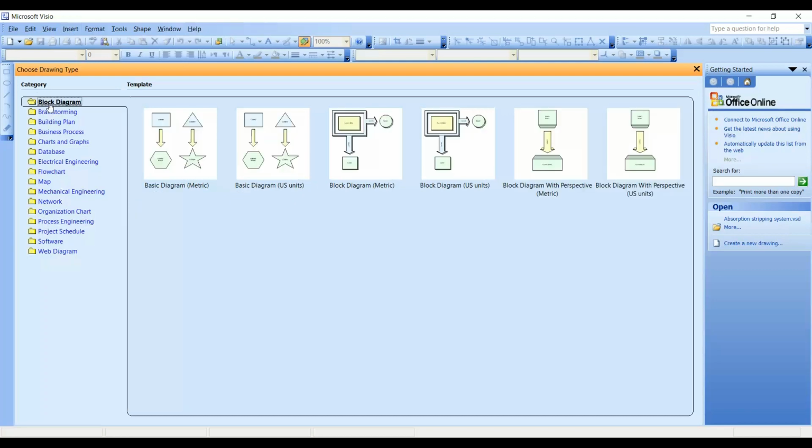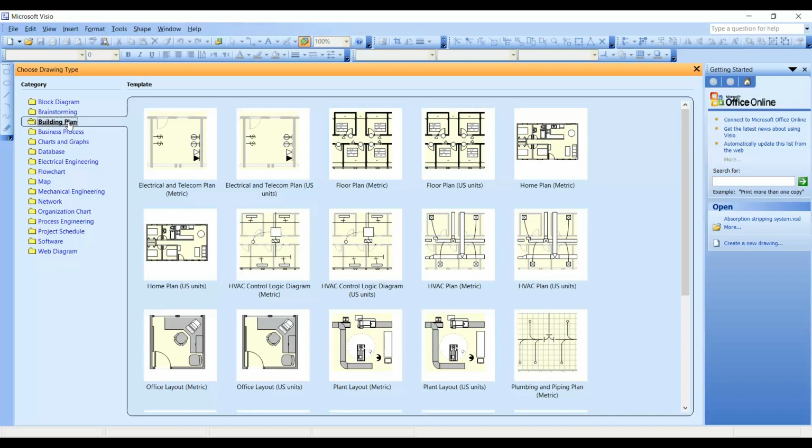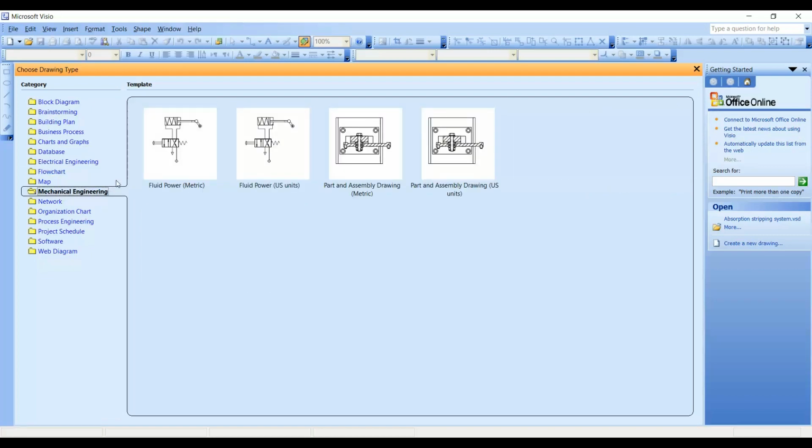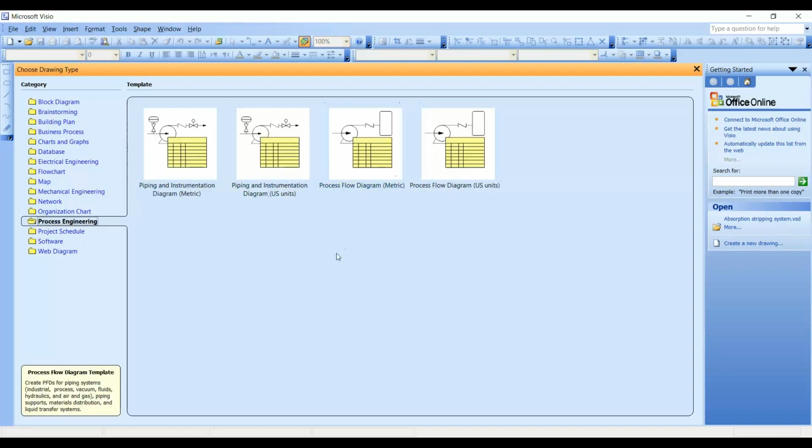So there are block diagrams, there are building plans for people who do architecture stuff, there are charts and graphs, there are electrical engineering stuff that are really helpful for electrical engineers, there are mechanical engineering stuff for people who do mechanical drawing, and for our interest as chemical engineers, we are more interested in the process diagrams, and so